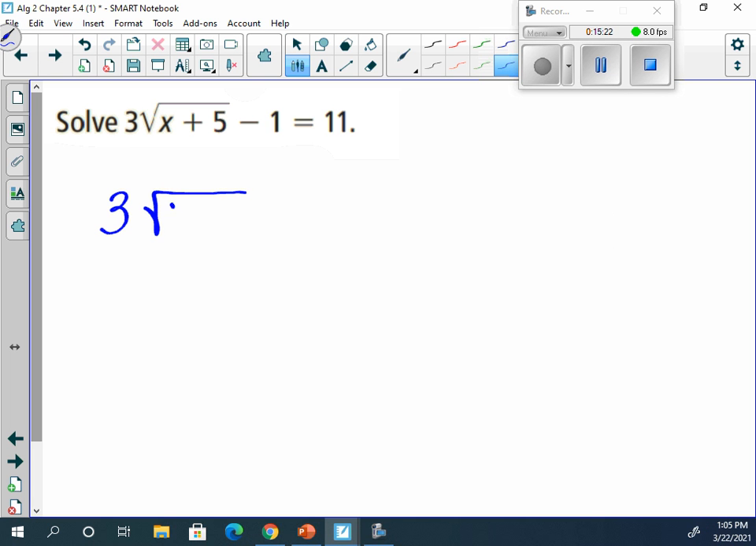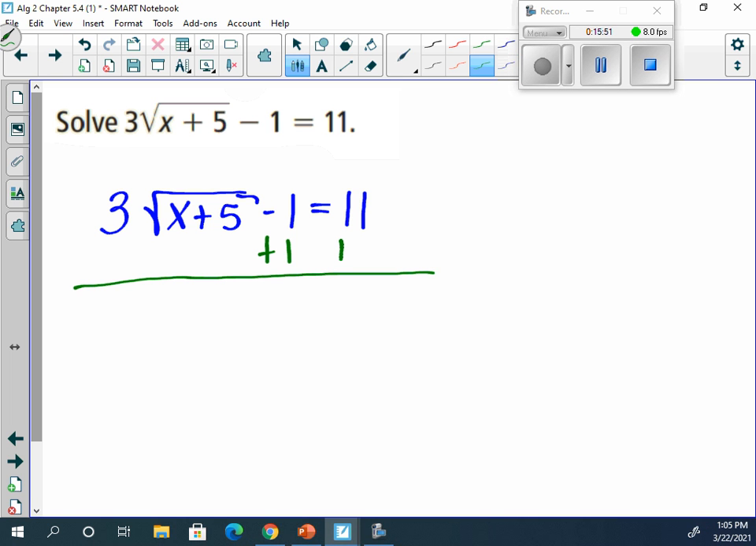3 times the square root of x plus 5 minus 1 is equal to 11. So our first main goal is to get the radical by itself. That's what we want to do first. So what's the first thing we can do in getting the radical by itself? We can add 1, because it's going to be easier to add or subtract first. Because our negative 1 plus 1 will simplify out, leaving us with 3 times the square root of x